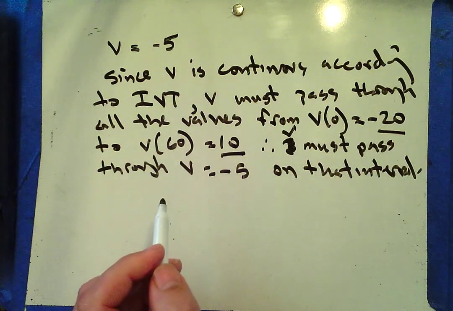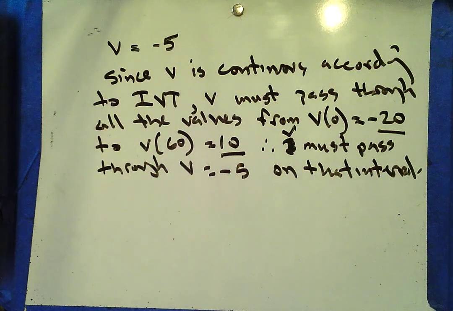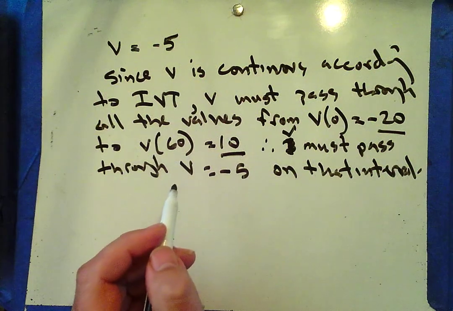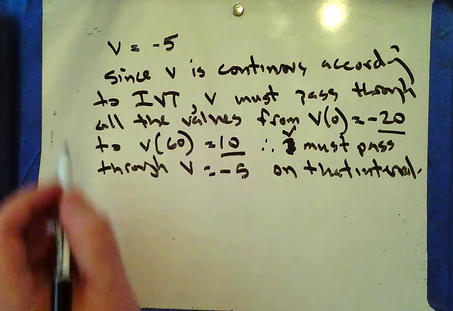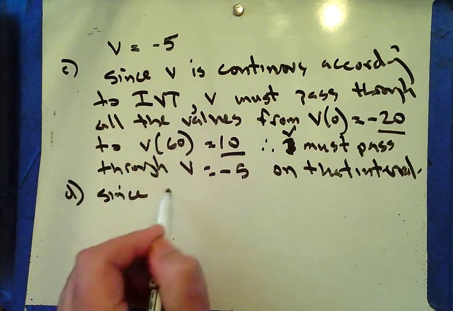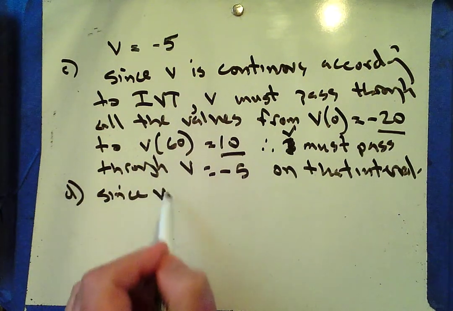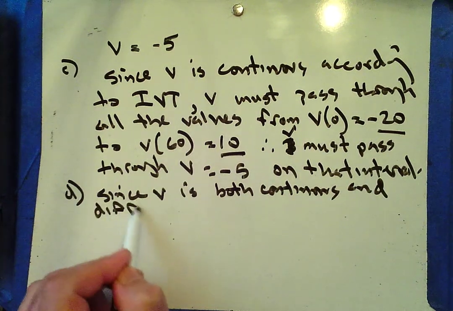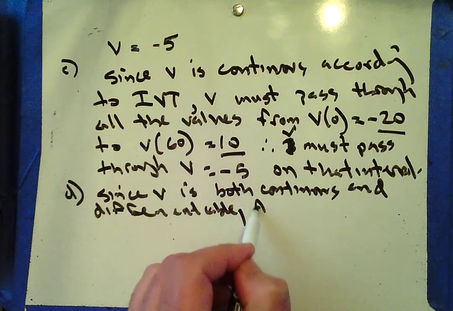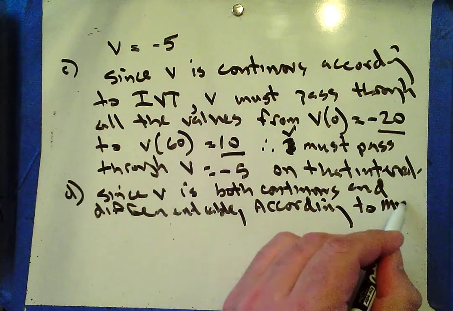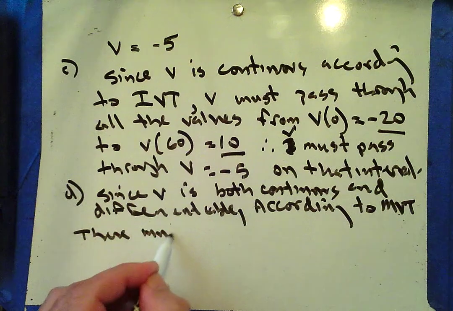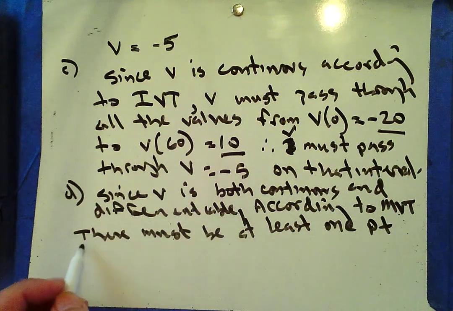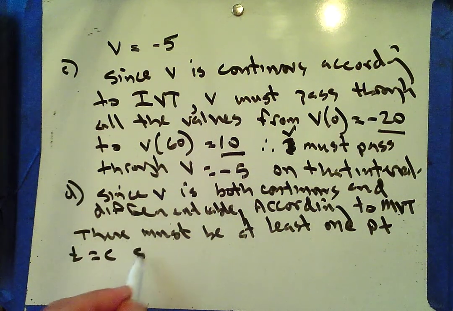Okay, and part D, when a of t equals 0. Okay, so if a of t equals 0, I'm thinking about a of t represents the slopes of v, and so I'll say since v is both continuous and differentiable, according to MVT, there must be at least one point t equals c such that